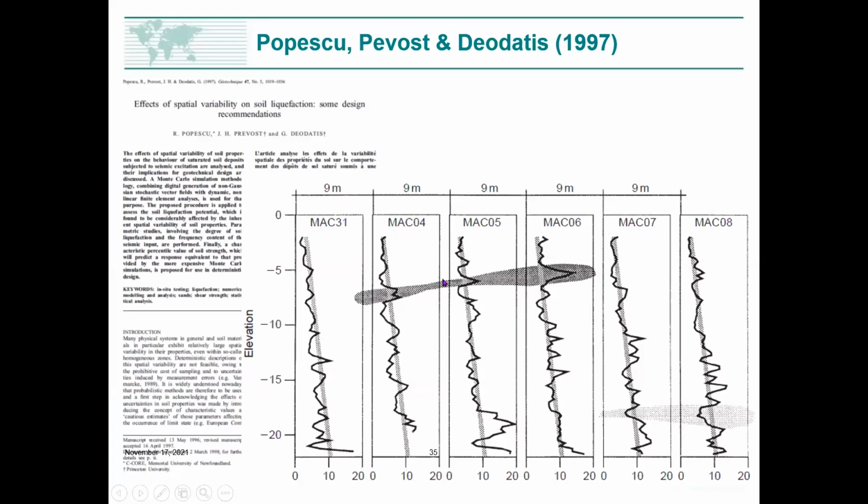Okay, but we can see loose pockets and their extent. Now, this data set was taken forward by the folks at Princeton. Prevost had one of the earlier models for cyclic loading of sands, and which could run in finite elements. Popescu was the research student doing his PhD on this. And what they did, they took this Gulf data, we shared it with them, gave them all the raw files,